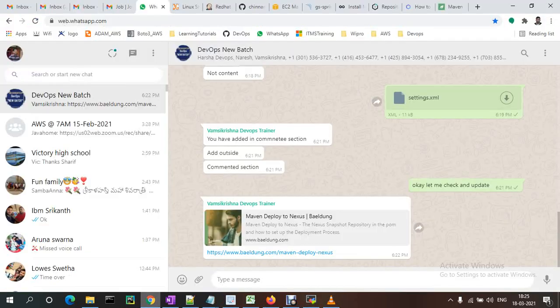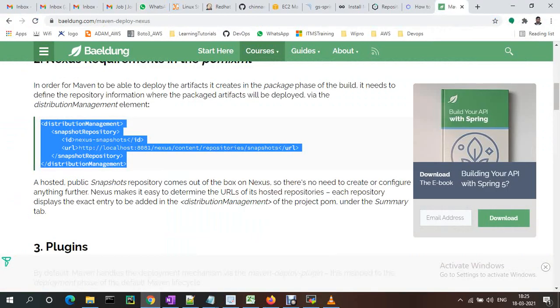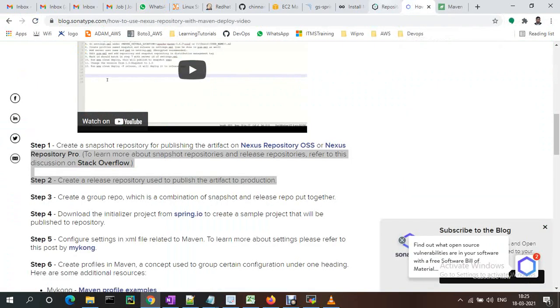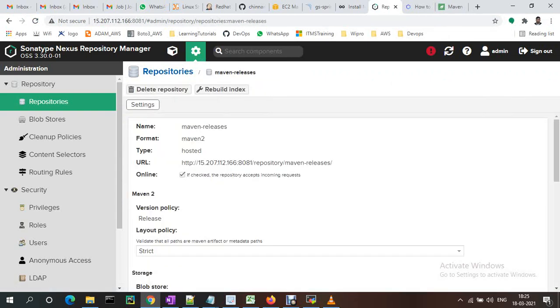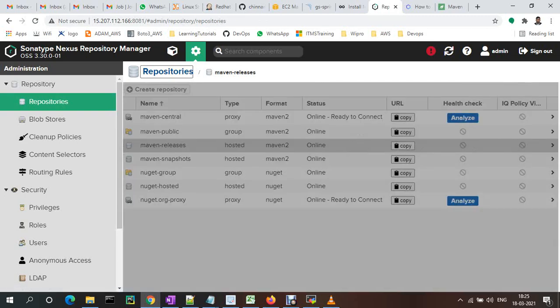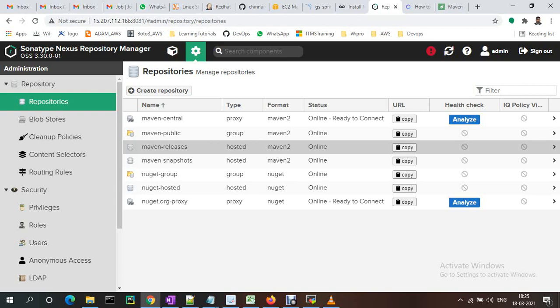If you go to that repository in the Nexus, so if you go to here, sorry, repository home page.